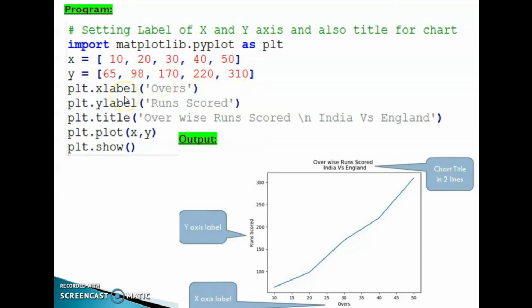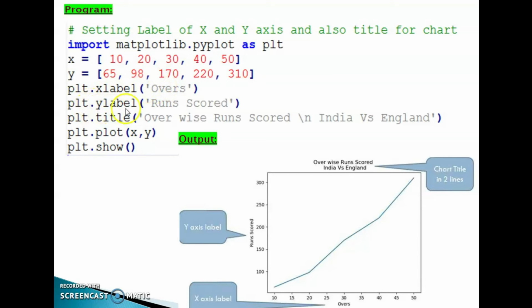Then how can we set the x coordinate label? X axis label. For that we can use this xlabel attribute or function. plt.xlabel function. We can specify the x axis label as overs.